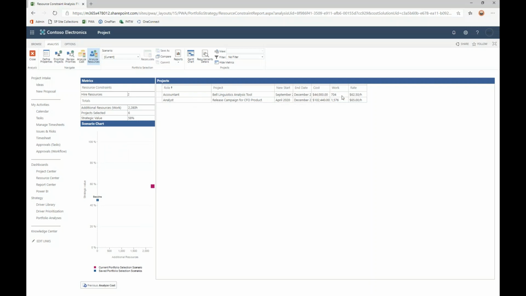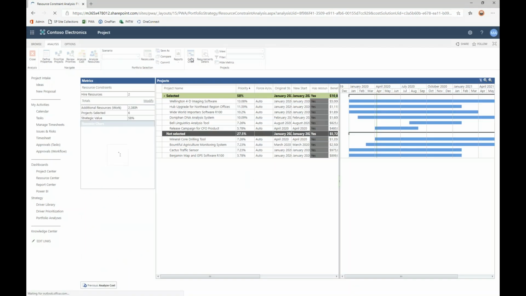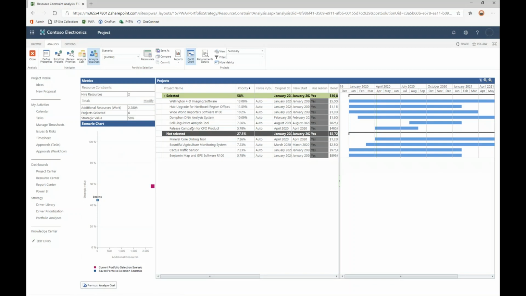And because we've outlined the estimated work for those resources in those projects, we have a blended rate estimate for the cost for them, we can see what the overall cost of adding those additional projects to this portfolio is. So if we like this selection or this portfolio of proposed projects, we have enough money for everything. We did not have enough resources for everything, but if we hire 2 resources, this is what the portfolio looks like. I can save this as my portfolio to deliver on,